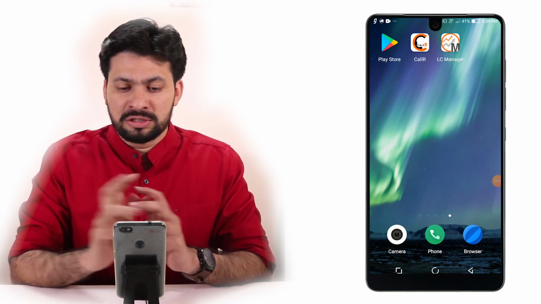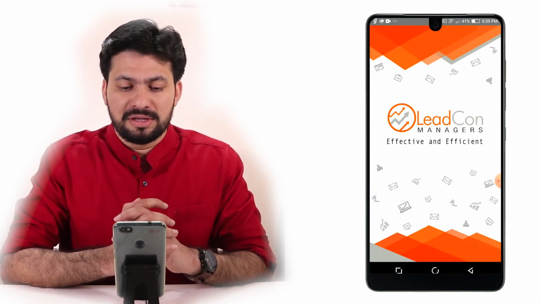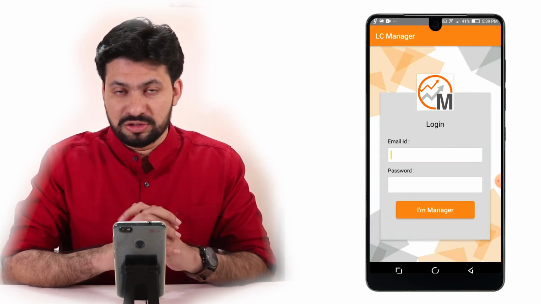Now that you have downloaded the application, please open the LeadCon Managers app and you will be on the main screen, which is the login screen.